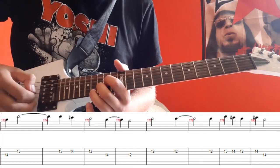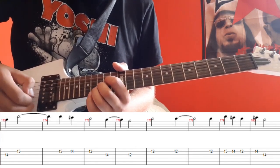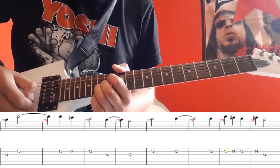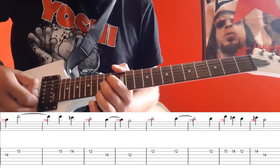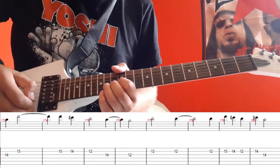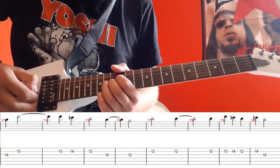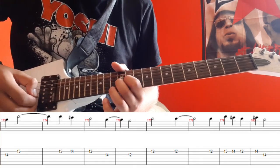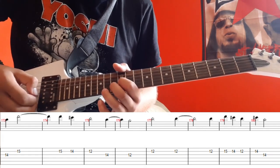Alright, so what that is, it's the 14th fret on the G string, the 15th fret on the B string, and you hit that again, and you go to the 14th fret, the 12th fret, and then the 14th fret on the G string, and then the 12th fret on the G string, and then you go to the 12th fret again on the B string, and you hit that 3 times,